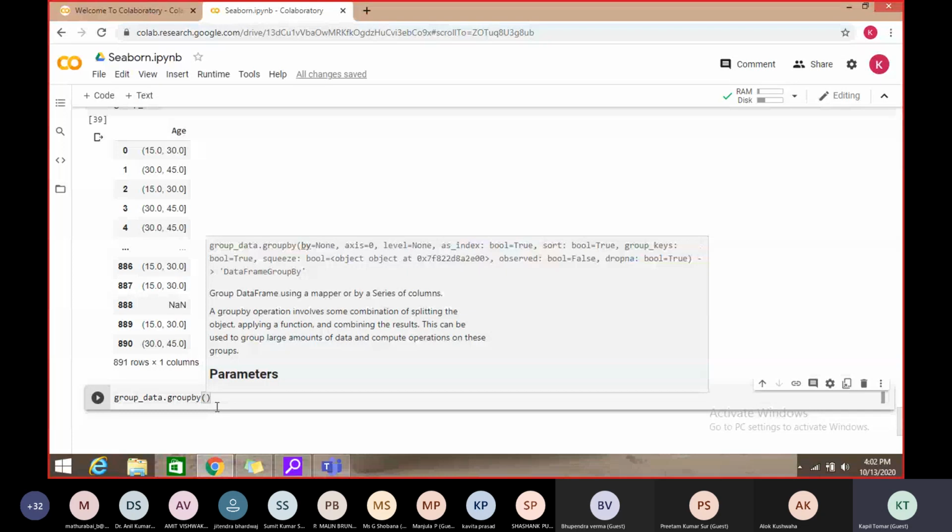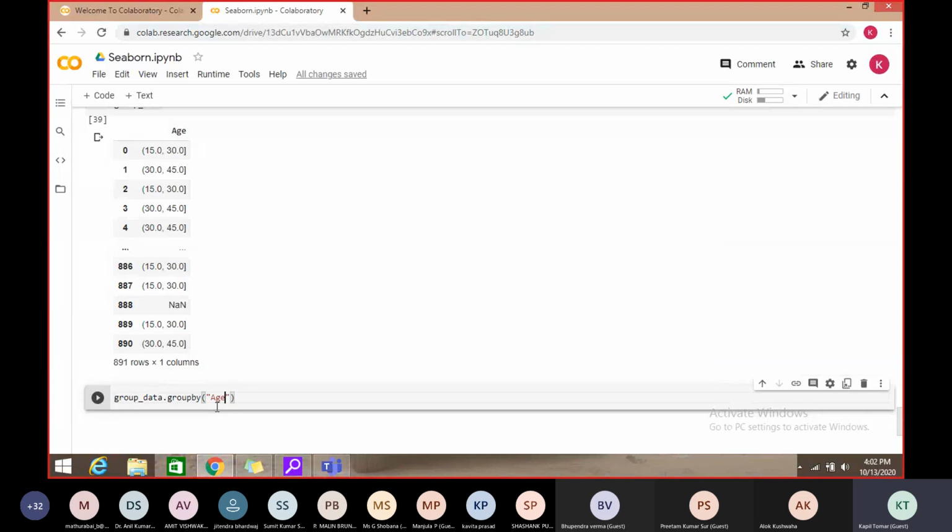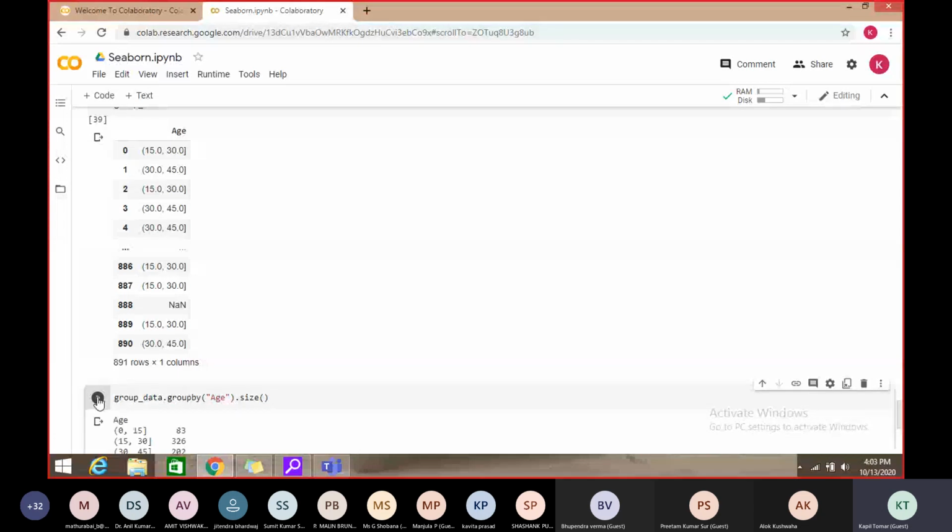I have to mention the name of that column, age. These bins which are available in this column have to be grouped with the age column, and whatever is the size of these values, should we check it?